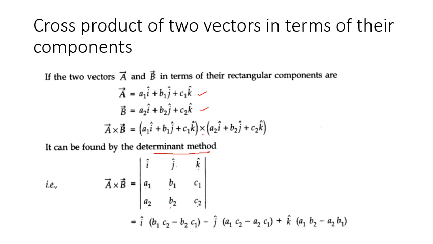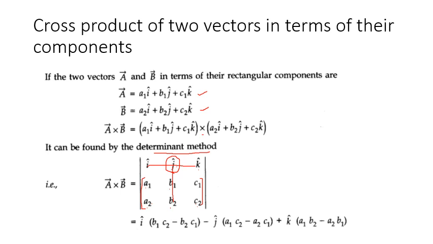Now we have to simplify the next column, that is J. Minus J, the second term will be minus. Now the J row and column should be eliminated. So what is the rest of the matrix? That is A1, C1, A2, C2. So this is your new determinant, and J times this determinant.